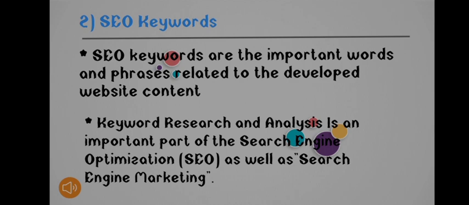On the basis of keywords, the user will be directed to your website. Whatever the user types in the search bar, if you have considered those words as your keywords and used those keywords in your website content, then whenever a user types those keywords in the search bar, the search engine is going to check whether those keywords are included in your website. If they are included, then it is going to display your website in the search result. Now it is not the case that you have to generate only one keyword for your website.